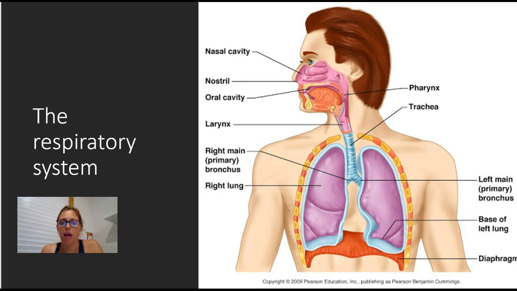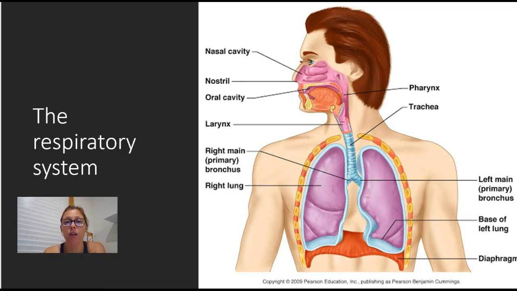So here is a picture that you would have seen before, certainly in year 8 when we looked at the human body, and it may very well be familiar to you. So we can see the respiratory system here is obviously of a human, and again it does differ from animal to animal, but this is a good one to start with because it's certainly one that we are familiar with. So it's made up of a whole host of specialized tissues that enable oxygen to be taken in and carbon dioxide to be removed. So we have our nasal cavity, that region in and around your nose, and